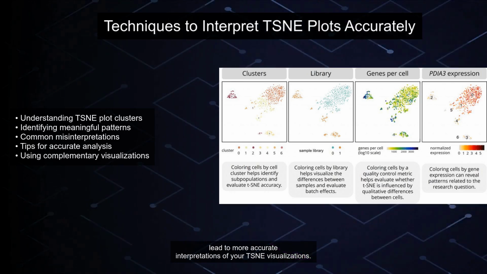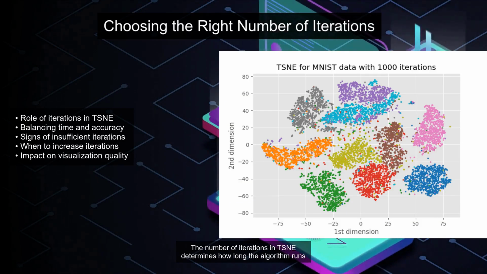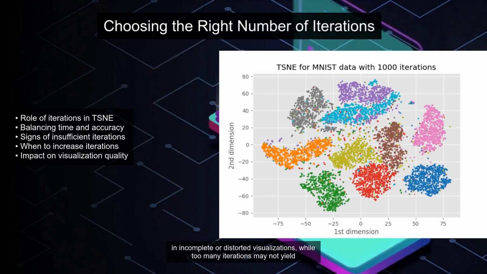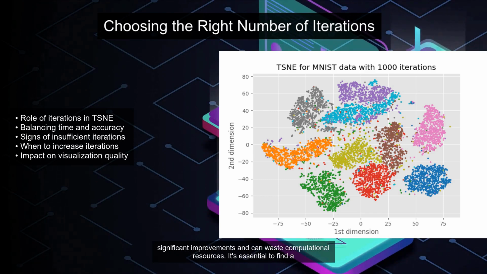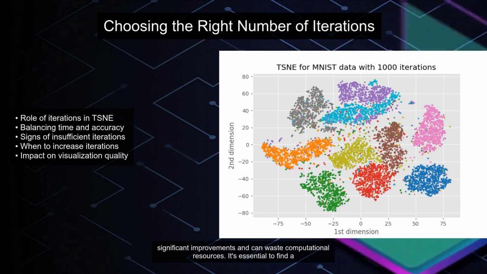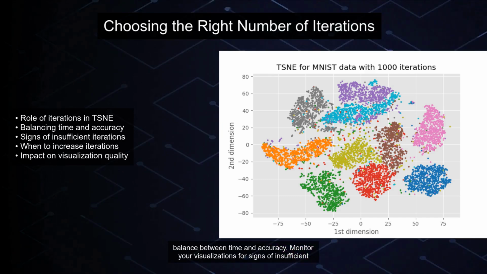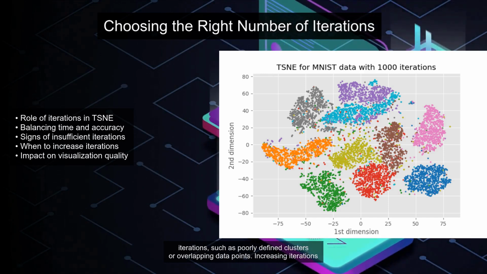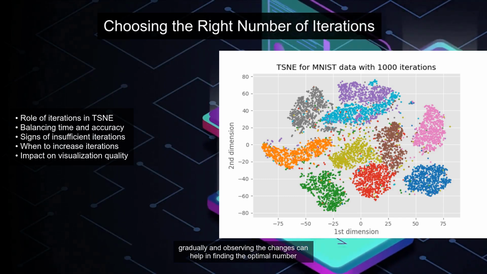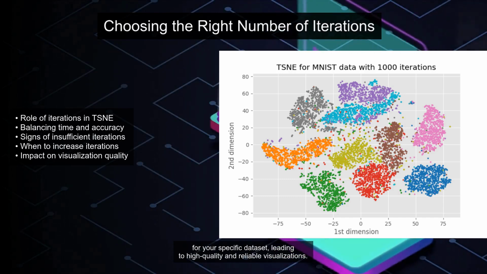your TSNE visualizations. The number of iterations in TSNE determines how long the algorithm runs and refines the layout of the data points. Insufficient iterations can result in incomplete or distorted visualizations, while too many iterations may not yield significant improvements and can waste computational resources. It's essential to find a balance between time and accuracy. Monitor your visualizations for signs of insufficient iterations, such as poorly defined clusters or overlapping data points. Increasing iterations gradually and observing the changes can help in finding the optimal number for your specific dataset, leading to